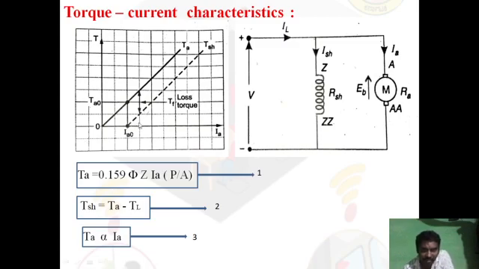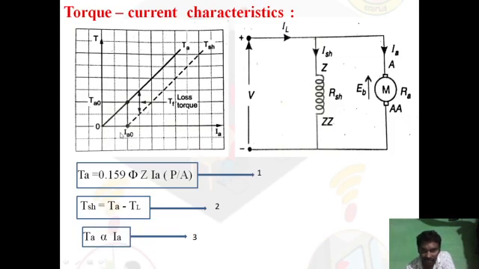So the next graph, if you observe the dotted line, which is called the shaft torque. Already we know that the torque which is available at the shaft, which is used for doing useful work, is equal to Ta minus TL. If you observe the equation 2, Ta minus TL, the gross torque minus the TL, you will get the shaft torque. Therefore, here if you observe, this is a theoretical equation what we have drawn. At no load, when the load is 0, Ia is 0. From the equation 3, Ia is 0. Therefore, it is starting at origin and it is going like this linearly.